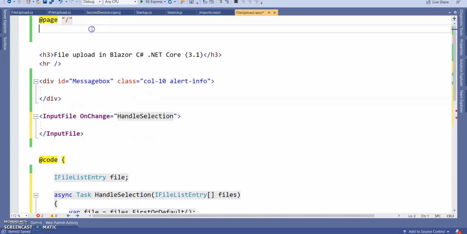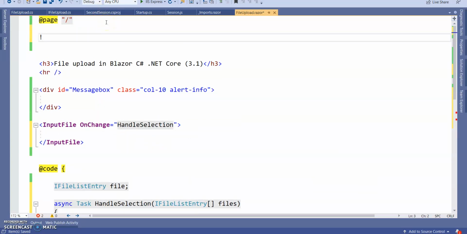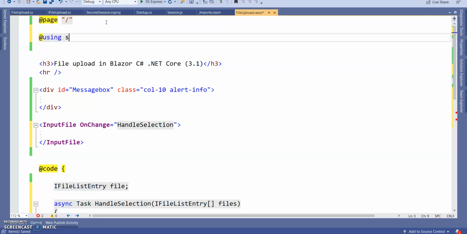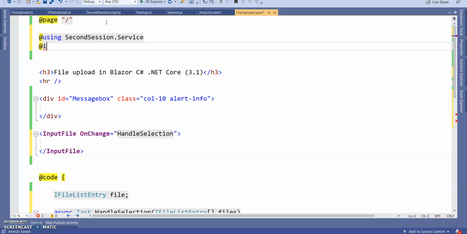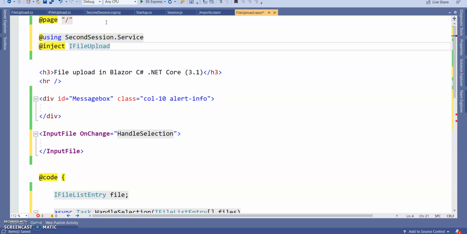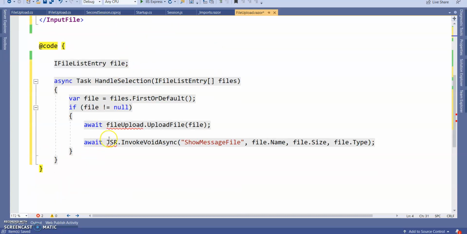Sorry, I need to inject this. First I need to add using my application dot services, then inject that particular interface, that is file upload.